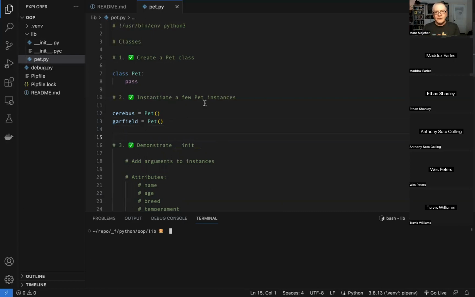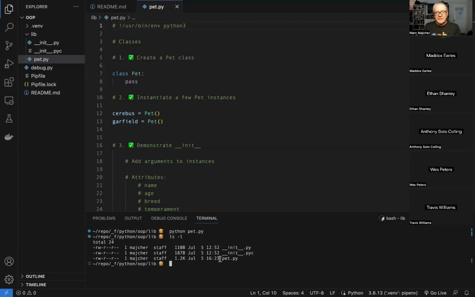I'll talk about that later. I'm just going to say Python pet.py because I have nothing. Great. So we have the hash bang up here, and basically this is just a pseudo comment that says what we are going to be running this with. If we look at it now,